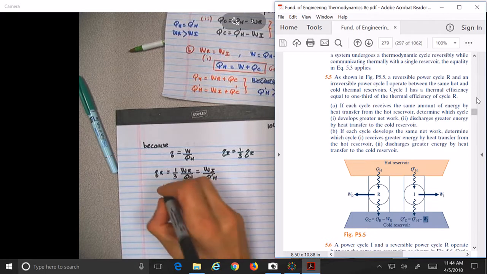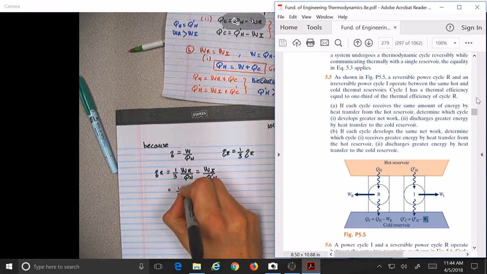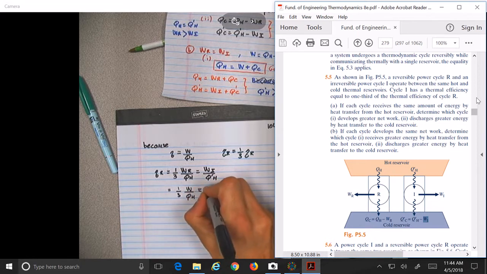So now we do this is equal to 1/3 of W over QH equal W over Q prime H,